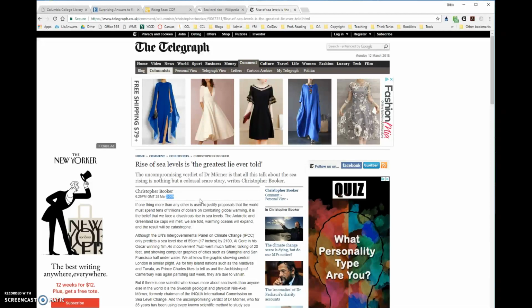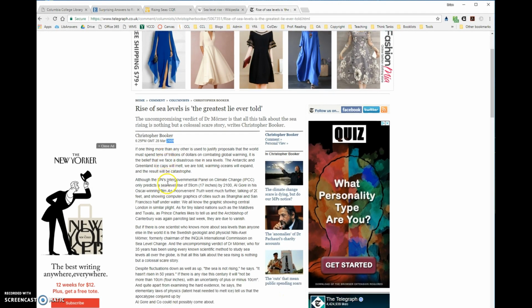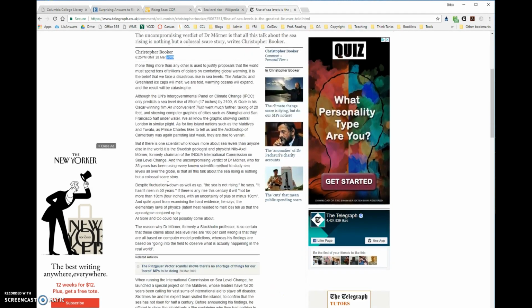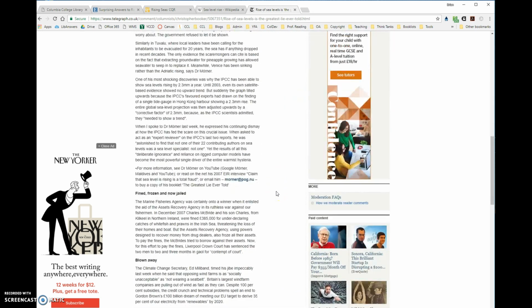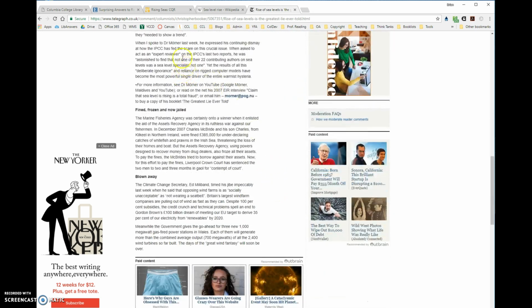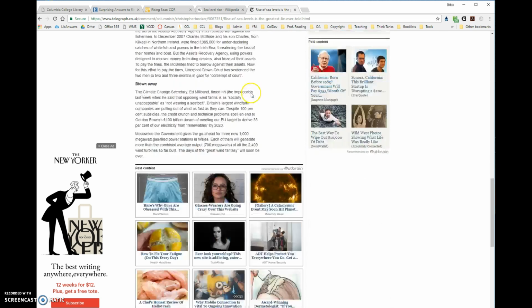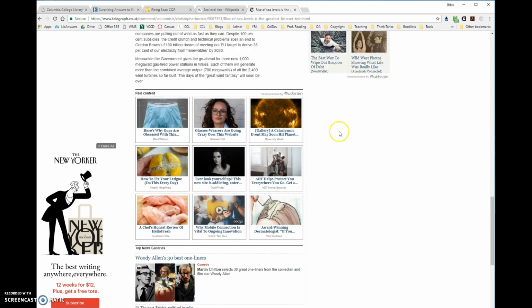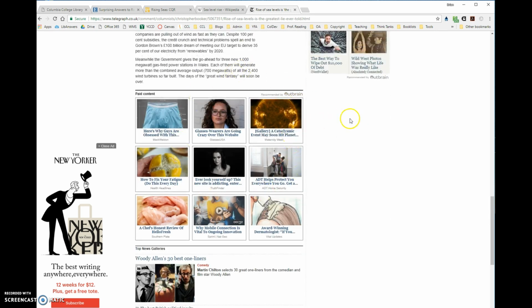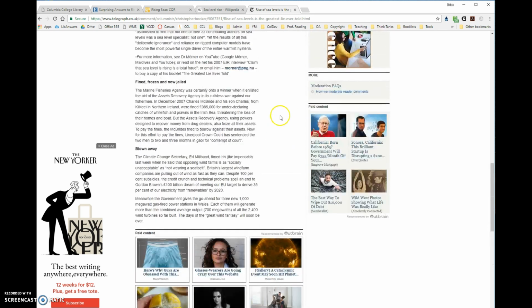But when I go through here, I can see that this looks like it is an article, it's not scholarly. I don't see any citations in it. There are some quotes from people in there, but if I come all the way down to the bottom, I don't see a list of references or works cited. I see some links to some other odd articles and so forth.